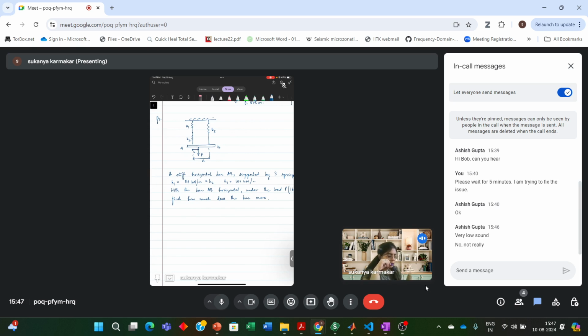And this bar has to remain horizontal. Under this constraint, you need to find out, on the application of this 1 kilonewton force, how much does the bar move? So, the first thing is we first need to